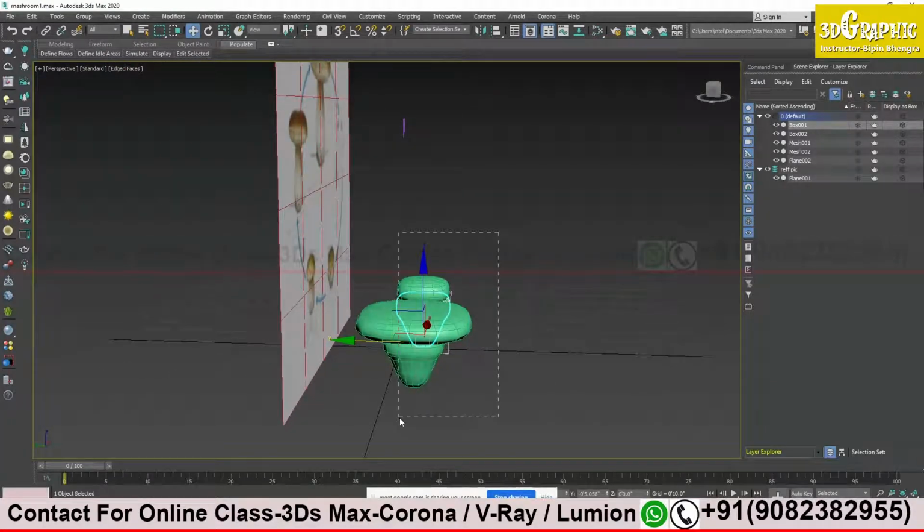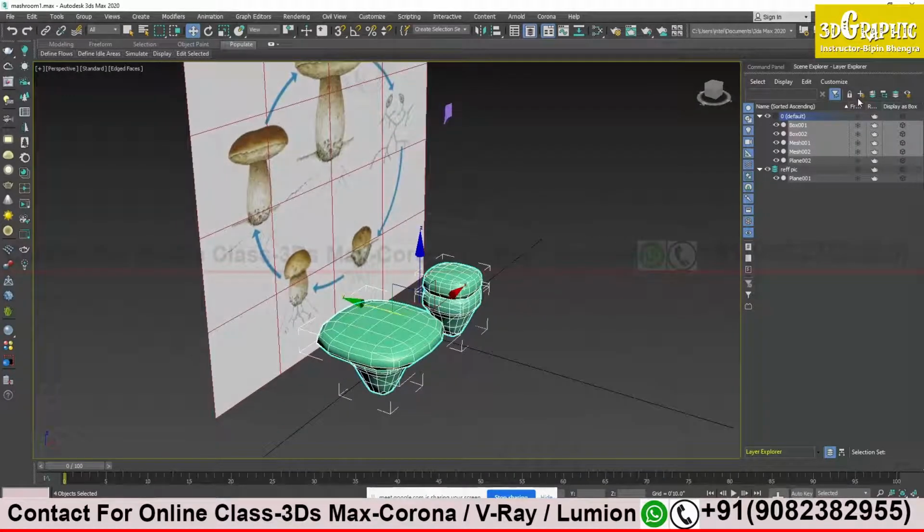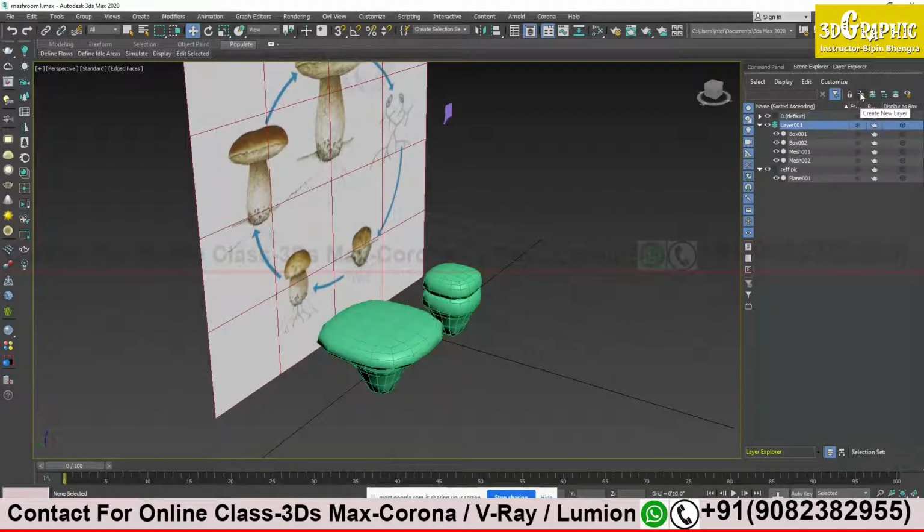So I will select my object here, again click on the plus sign, and I got a new layer, and I will rename it as, let's say, mesh, meaning polygons, meaning object.